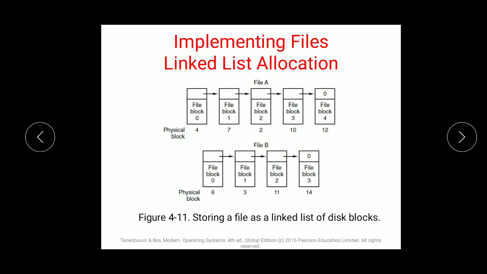Then, the advantages of linked list allocation. What are the advantages? In a linked list, every disk block can be used, which is not possible in contiguous allocation. So what was the drawback of contiguous allocation? If I delete a file and the freed space is not sufficient for another file, those blocks will not be used and will remain free. But in a linked list, one advantage is that any disk block can be used, because there are separate blocks and every block can be used for storage.